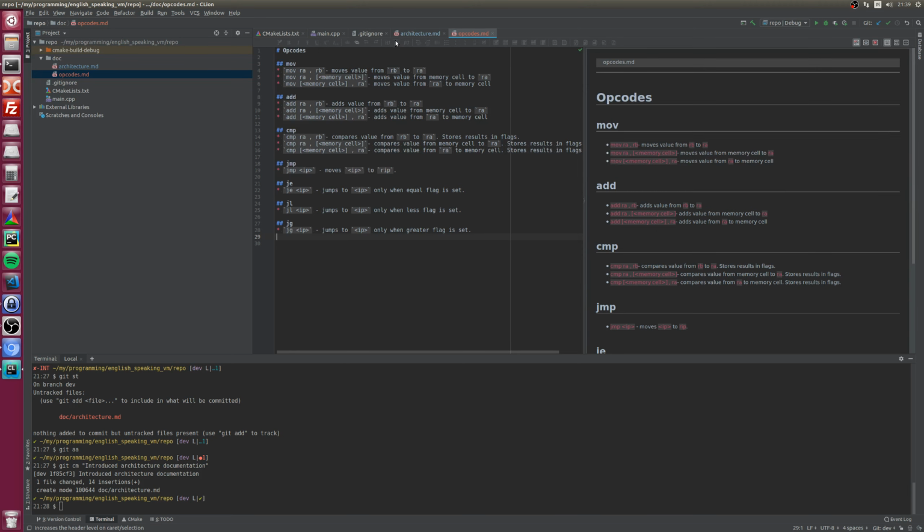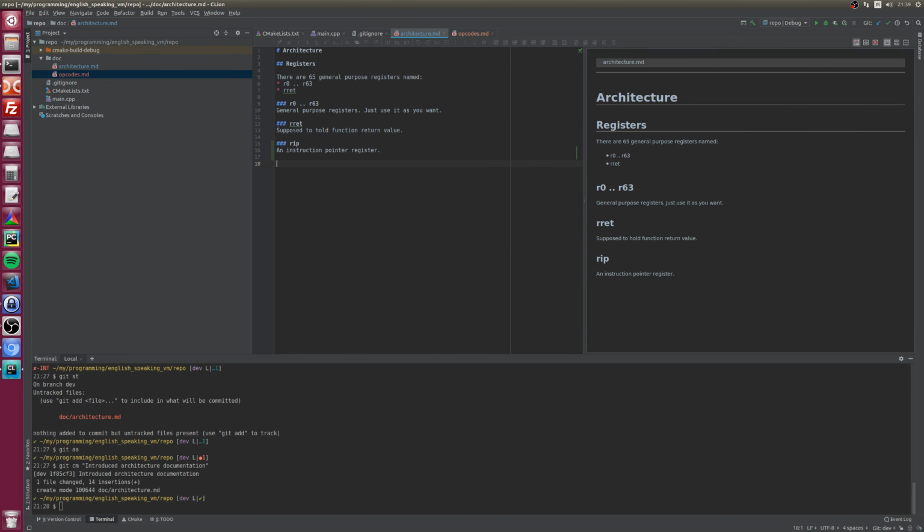Let's add those flags to the architecture. Flags are set by the compare operation. Okay.